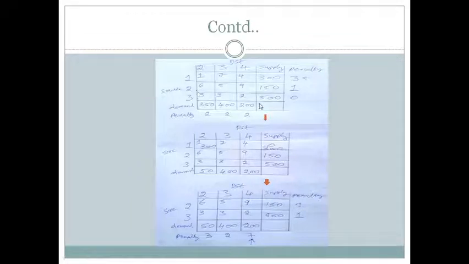And now this is a new cost matrix, and I am supposed to find the new penalties. The same thing I have done here. So there are the row penalties, the difference between the first minimum and second minimum: 1 and 4 difference is 3, 5 and 6 difference is 1,